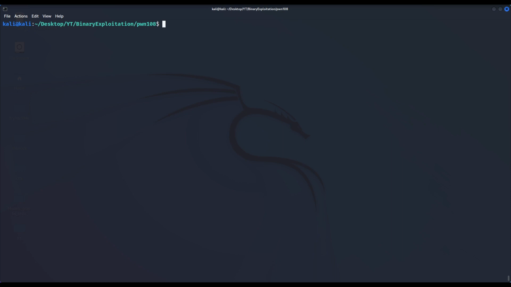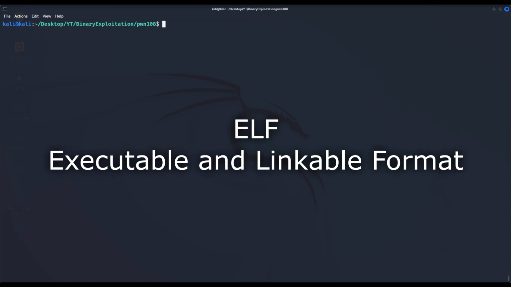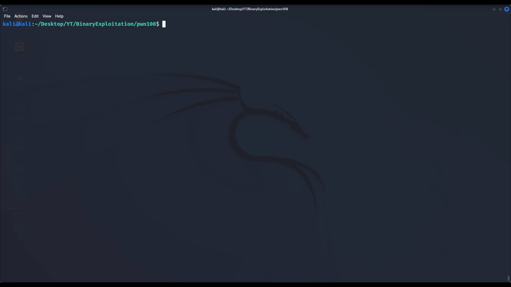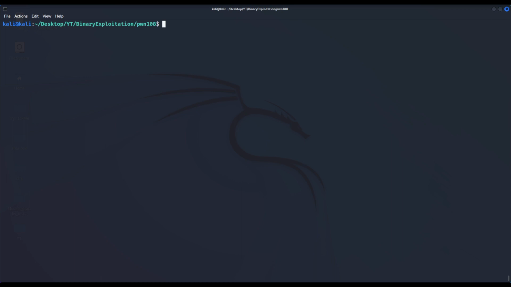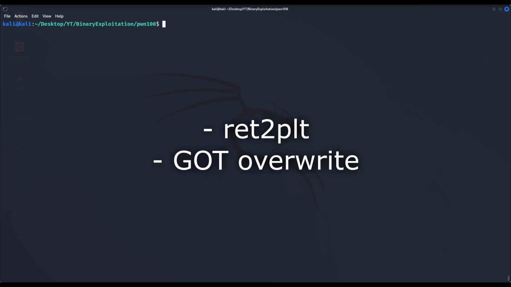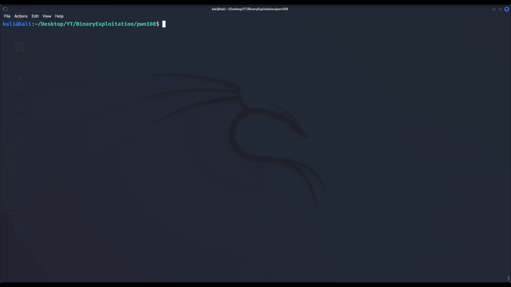In this video, we will dig into two very important concepts in binary exploitation for ELF files, that is, executables in the Linux universe. These two concepts are the PLT and the GOT, that stand for Procedure Linkage Table and the Global Offset Table respectively. Understanding what these two binary sections are and what they do is fundamental when performing attacks like return to PLT or GOT overwrites. In short, these two binary sections work together to make the actual execution of the binary